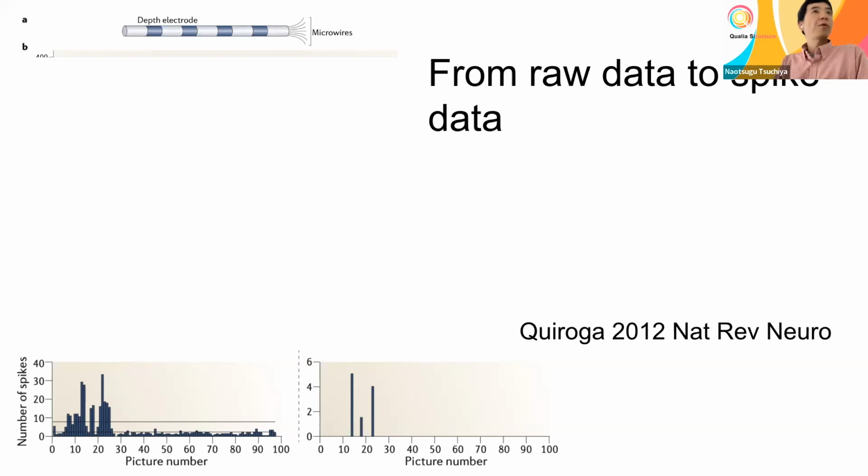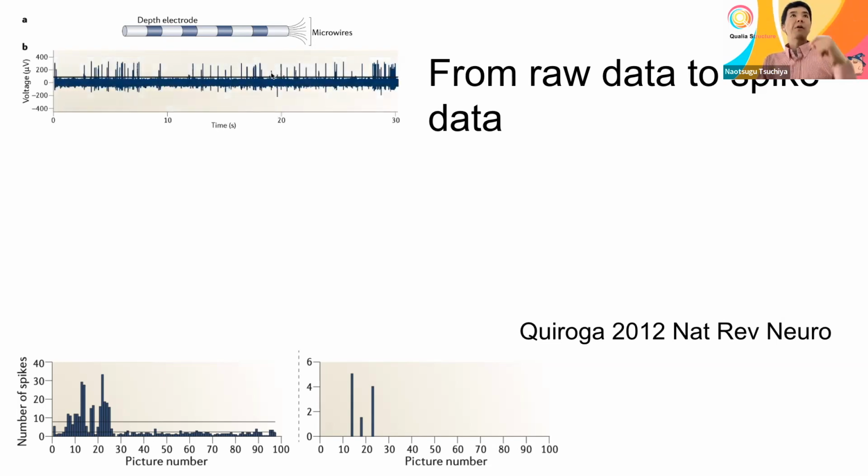All right, so I was explaining this depth electrode, which consists of the microwire, and that's inserted into the brain this way. And then from the tip of this microelectrode, you can record the spiking activity. This is over 10 seconds here. You can see it's called a high-pass filtered signal, but you don't need to understand this. This is almost like raw data, and you can see sometimes there's this kind of voltage fluctuation that extends